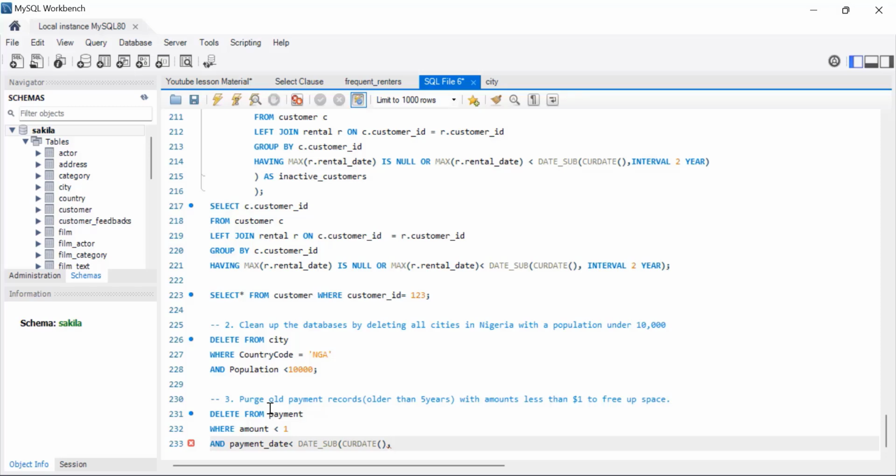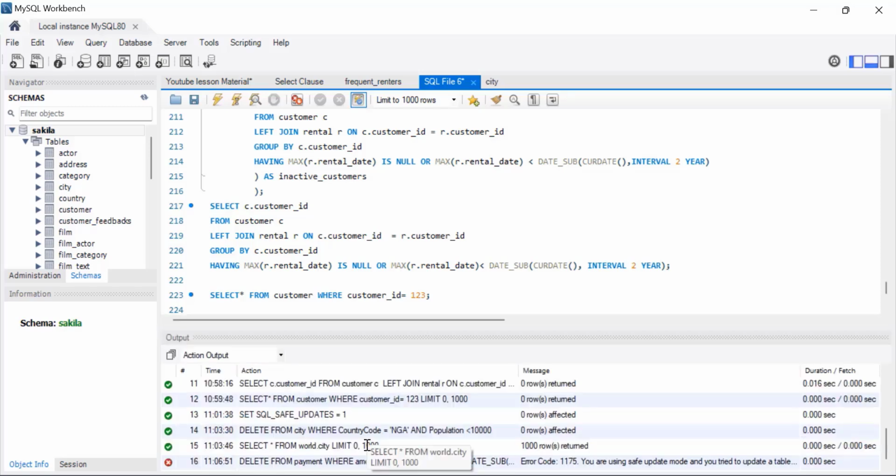Because it's older than 5 years, that's why I'm using the CURDATE and DATE_SUB. So I'm using it along with the CURDATE and the interval of 5 years, close parenthesis,